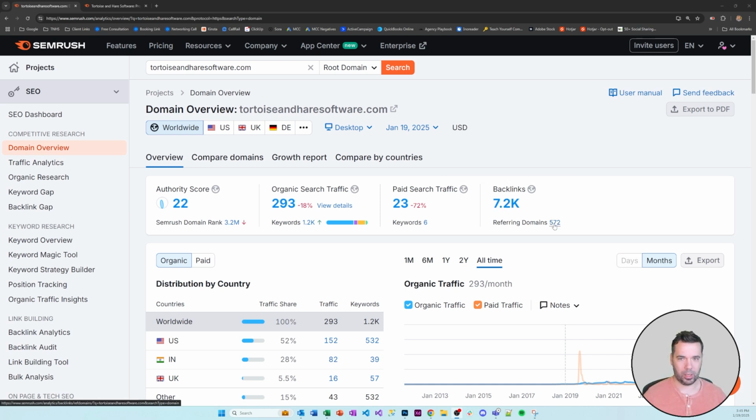Backlinks. There are two things that are really a good indicator of the strength of a website overall. That's the number of referring domains, which here is 572, and the number of backlinks, which here is 7,000. So we've obviously got some domains with more than one link coming from them, but really the number of unique referring domains is the